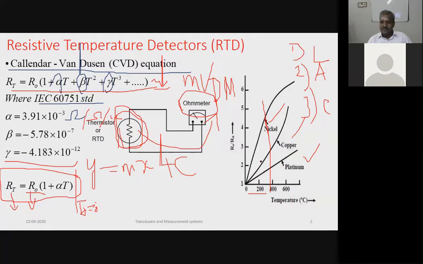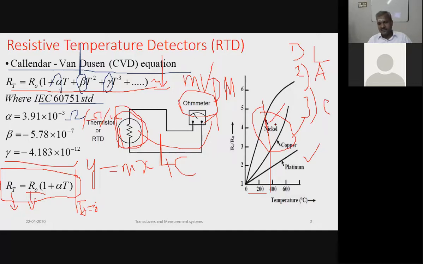But copper's sensitivity is a little bit greater than platinum's, but copper also has nonlinear behavior. So since both the range and nonlinear behavior of nickel and copper,